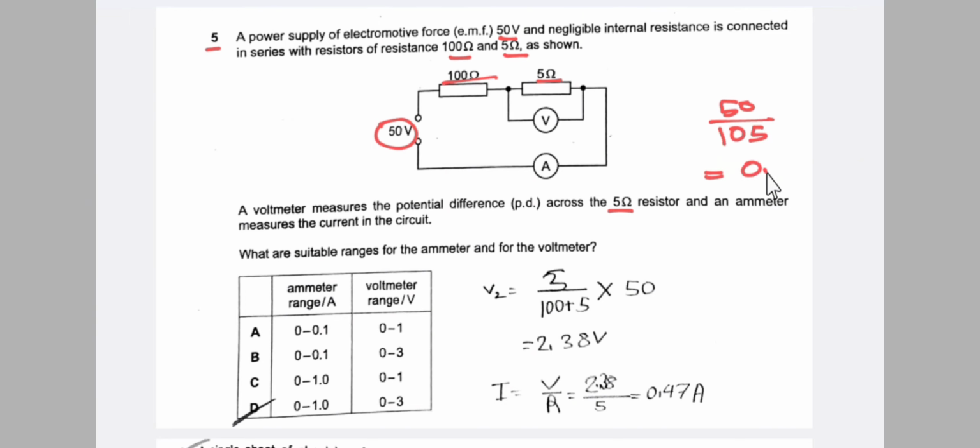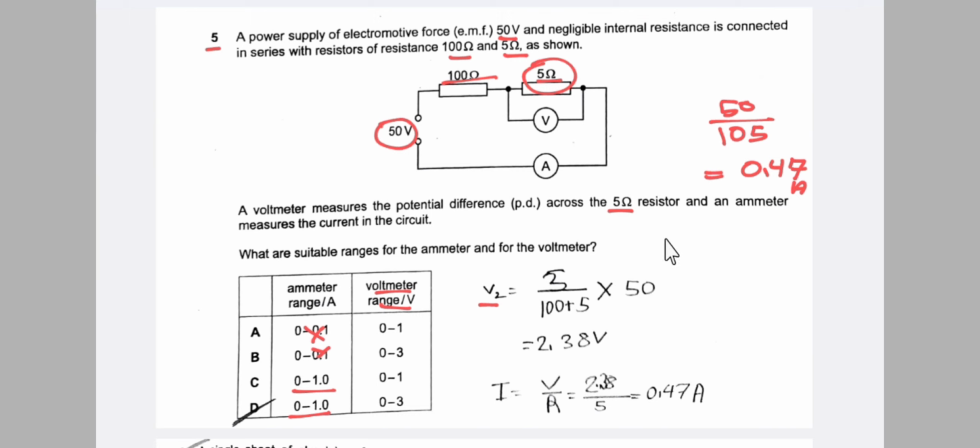is approximately 0.47 ampere. So 0.47 is in the range from 0 to 1. It is not in the range of 0 to 0.1. So 0.47 is in the range from 0 to 1. Then the voltmeter reading. What is the voltmeter reading? Voltmeter reading is the voltage across the 5 ohm resistor. So what is the voltage? We know that if we consider the voltage as V2, then V2 by V total is equal to R2 by